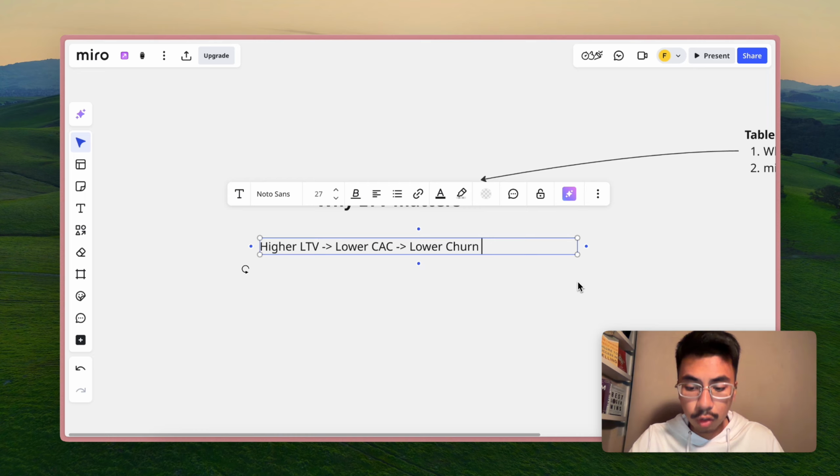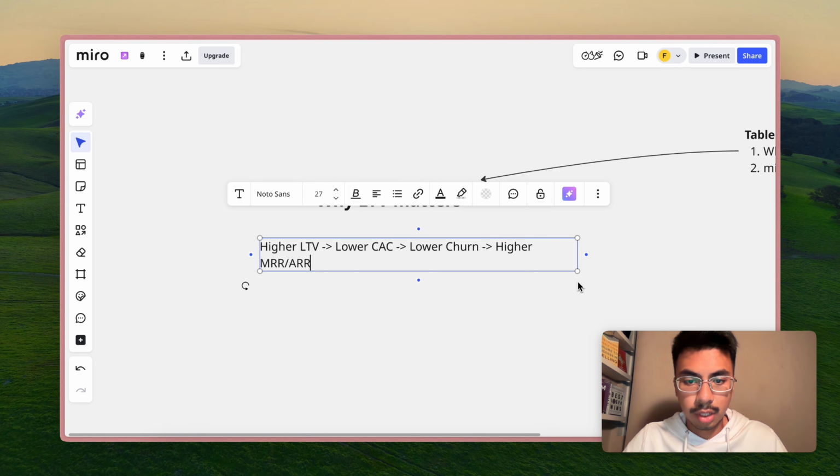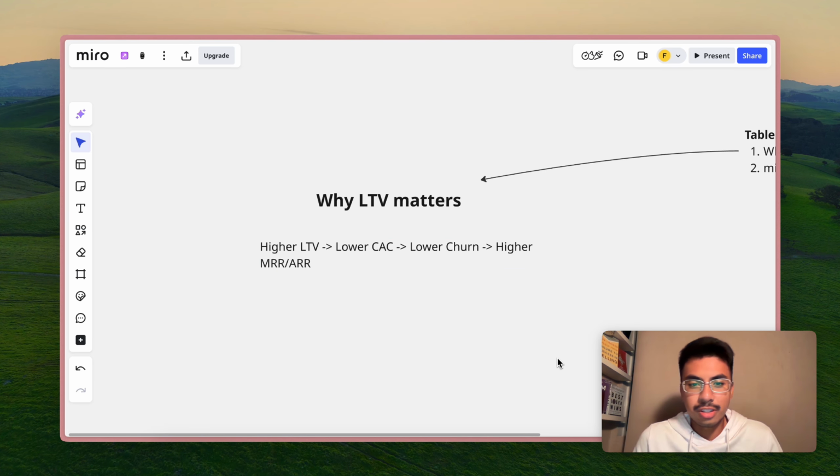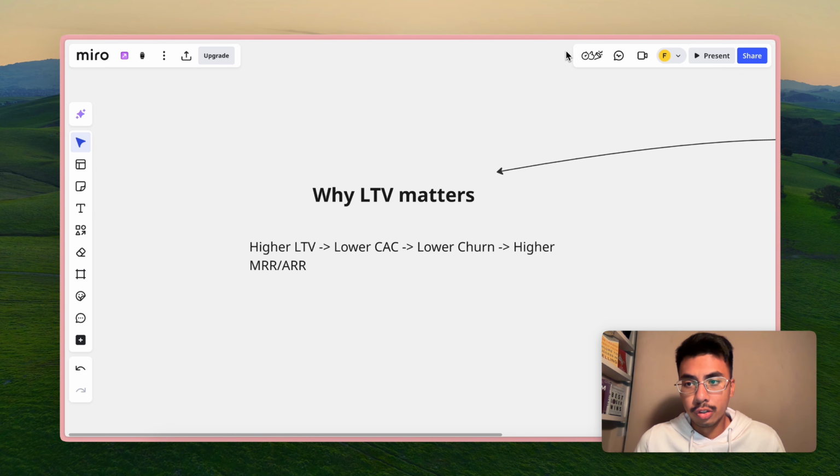And so when you have a lower churn, what do you have next? A higher MRR or ARR. I hope, to put it simply, this is why lifetime value is important, right? If you want to reduce your churn rate, the easiest, or I wouldn't say easy, but it's simple, but it's not easy. The fastest way you can do this is to literally increase your lifetime value, or AKA, to put it in a more specific term, convert your monthly users into annual users.